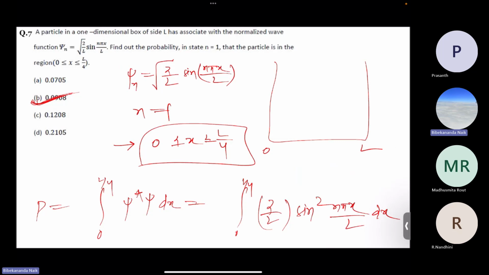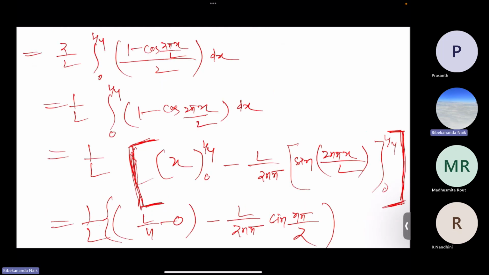We just solved, in the normalization problem, that the total probability of finding the particle in the whole space, that is 0 to L, is 1. So similarly here we need to integrate the normalization equation, but the limits will be changed from 0 to L by 4. If we do that, we will obtain the probability of finding the particle as 0.0908, because